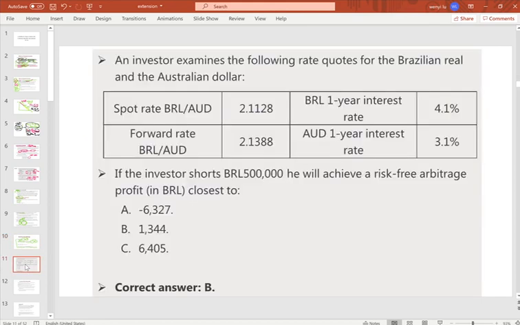Let's see some questions. These questions are about investors who examine the foreign rate quote for the Brazilian bills, and also